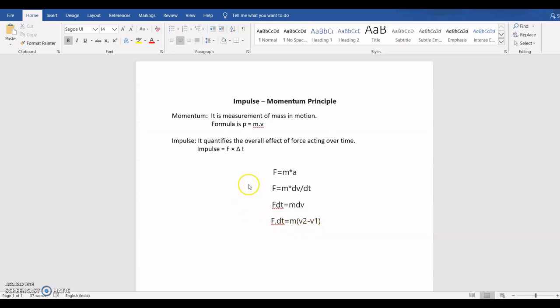Now we are using this equation to find out the force in our experiment, where we need to find out the impact of force. When we are trying to find the impact of force, try to understand that this remaining term will be helpful to find out the force here. So let's go toward that part.